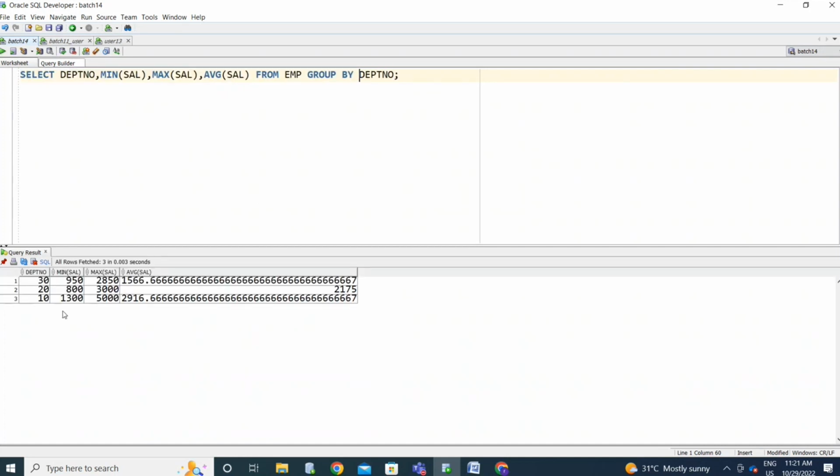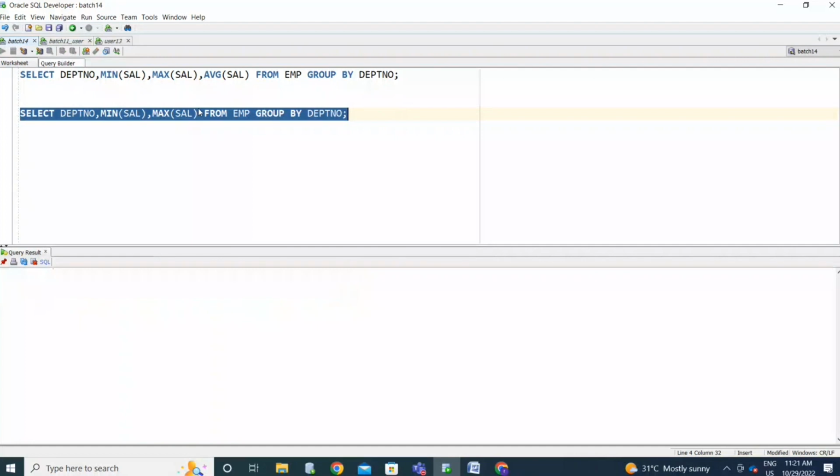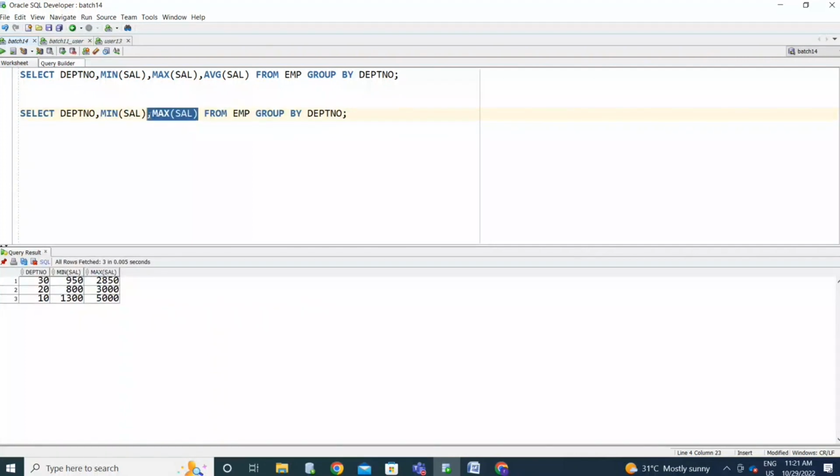Now you are trying to retrieve the minimum salary and the maximum salary. So who is getting this minimum salary? Who is getting this maximum salary? That information you are not able to display in this case, right? If you want to display these types of things, I'm removing this average salary, and removing the maximum salary as well. Now I need to display who is getting 950, 800, 1300. In this case,